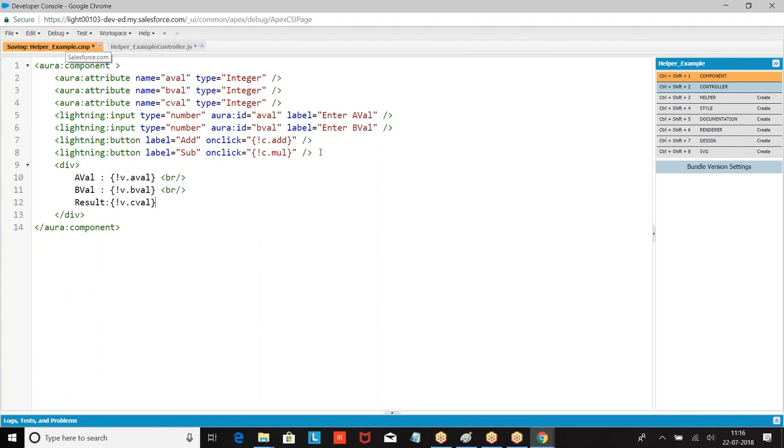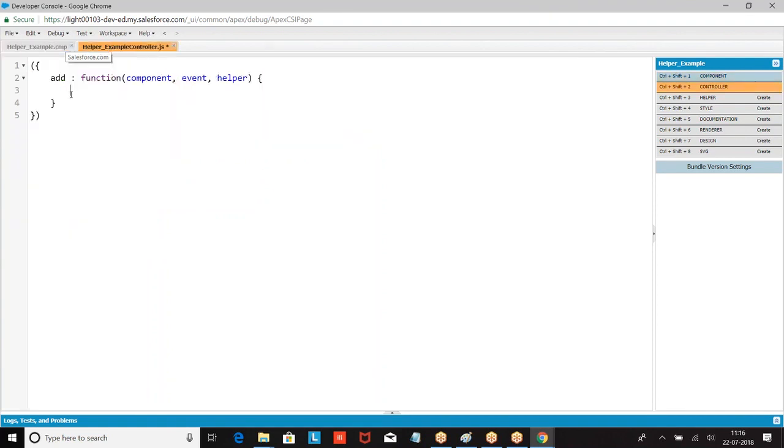So what is our requirement? Read the values from the input components, assign them to the attributes. Okay. Then calculate the sum or multiplication. When I go to this, first, how do you find out? component.find("aval")